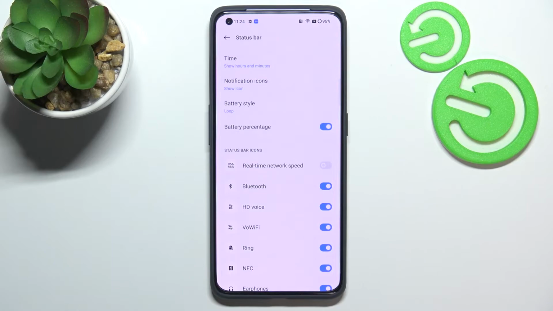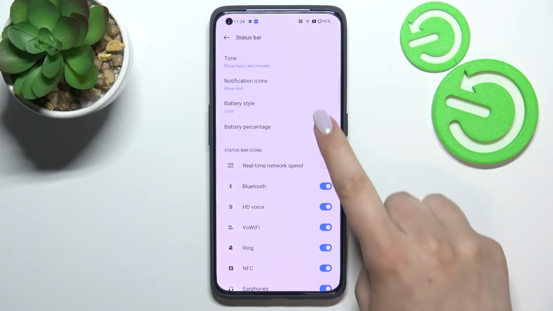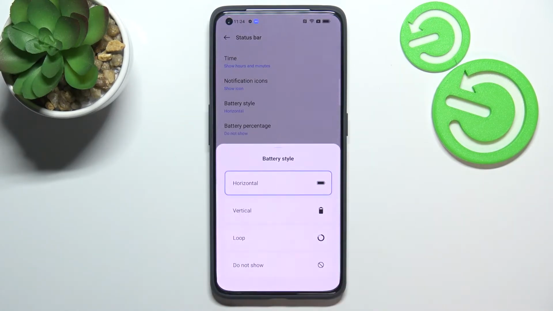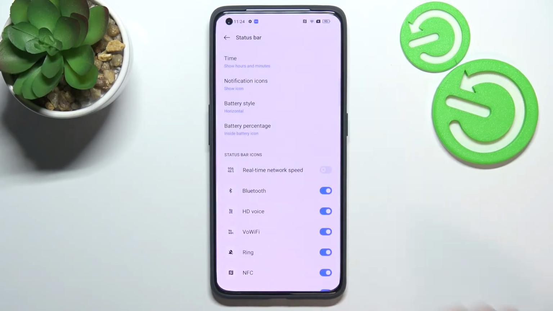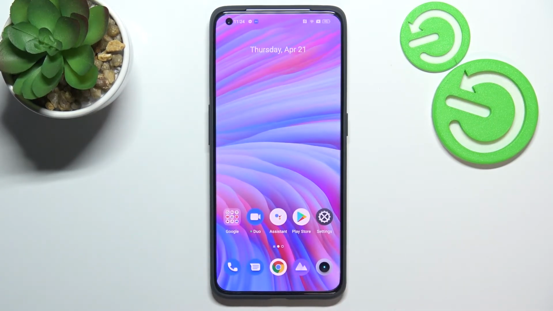So as you can see here we've got the percentage, but as I said, if you will have the horizontal option applied, you will be able to pick something from those options. So let me pick, for example, inside the battery icon, and as you can see it will be immediately displayed, of course, inside the battery icon. So actually this is it. This is how to show battery percentage on the status bar in your Realme